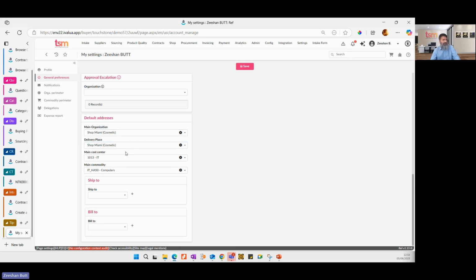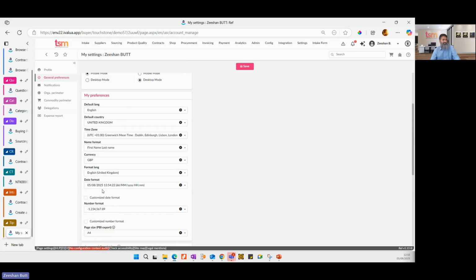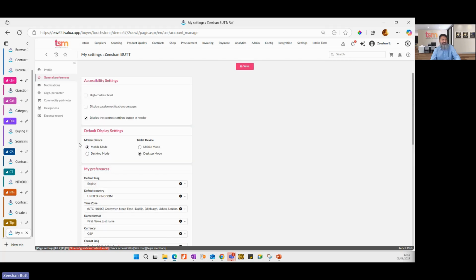Okay. Set your cost center and commodity. It will help you if you only deal with that mostly, and also your preferences. Sometimes you think that it's okay if you're in a different region. You can set your preferences even here. You can even set your preferences on different